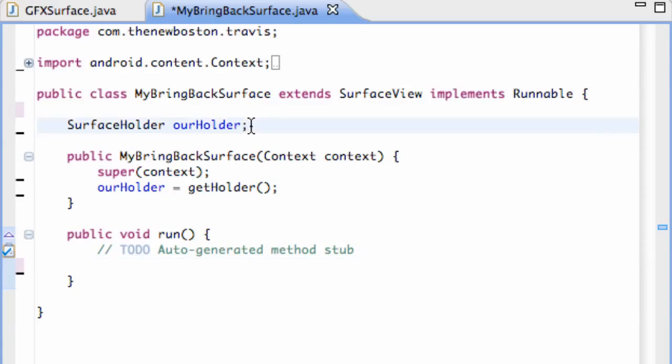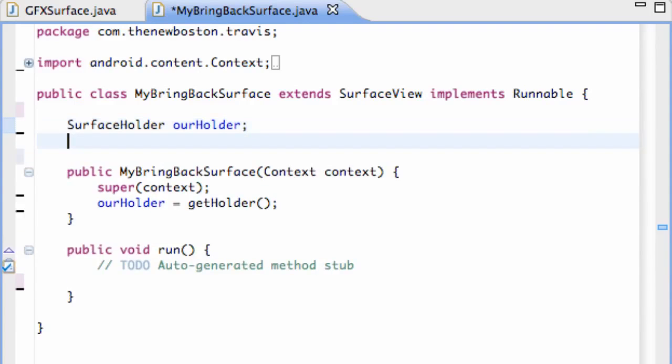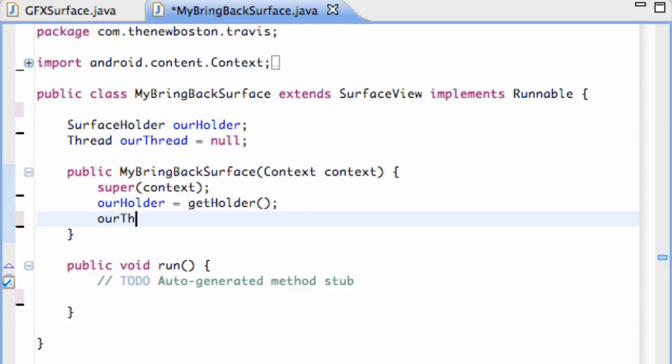But before we do that, as you remember when we set up our other thread for our splash, we need to start a thread. So we're going to create a thread within my bring back surface class. We're going to call this ourThread, because we need to set up a thread. We're just going to set this equal to null right at the beginning, and then within the constructor we're going to define it. So we're going to say ourThread equals new Thread,